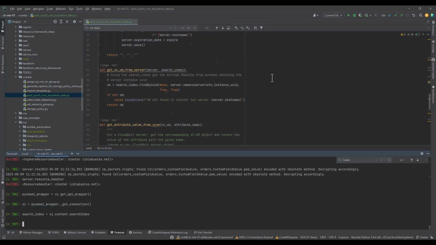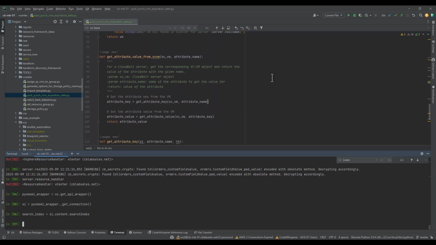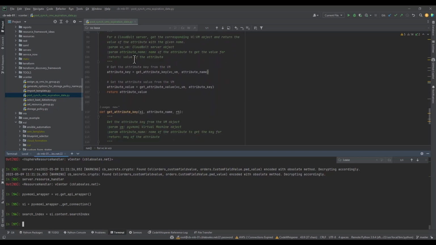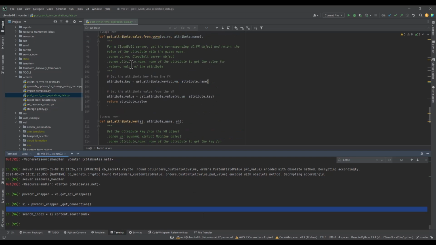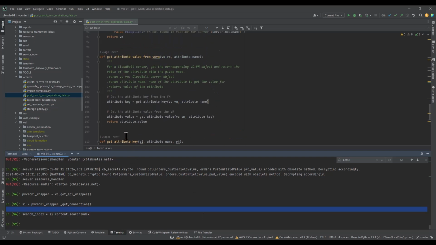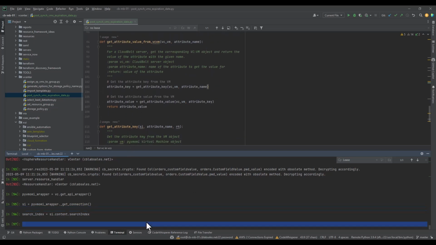Now here's one of the cool things with CloudBolt that we can do. I can first of all get my attribute key, because I need that. So I'm going to go ahead and import these two methods, because I think this is where we're running into issues, with one of these two. In CloudBolt, I can do from, and then I can reference my folder under ProServe. So we load in the ProServe directory so that we can reference it in Python. So I can do from vCenter, I can even tab it out, which is really handy,